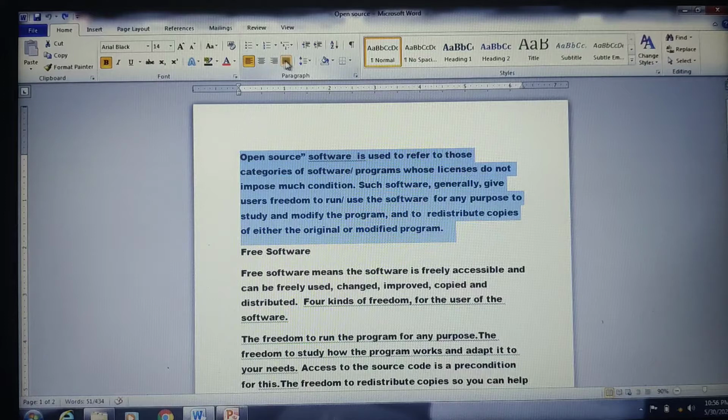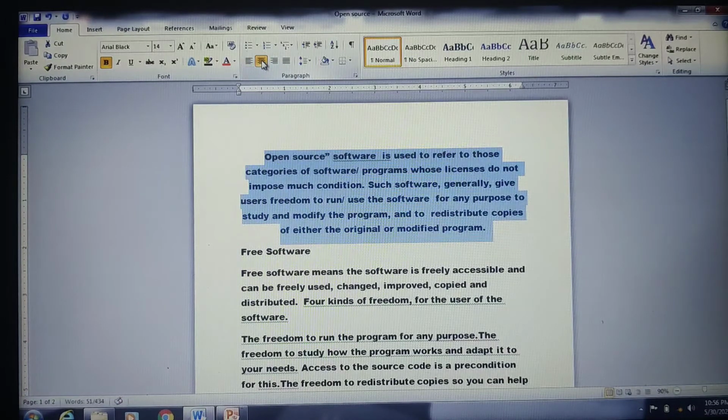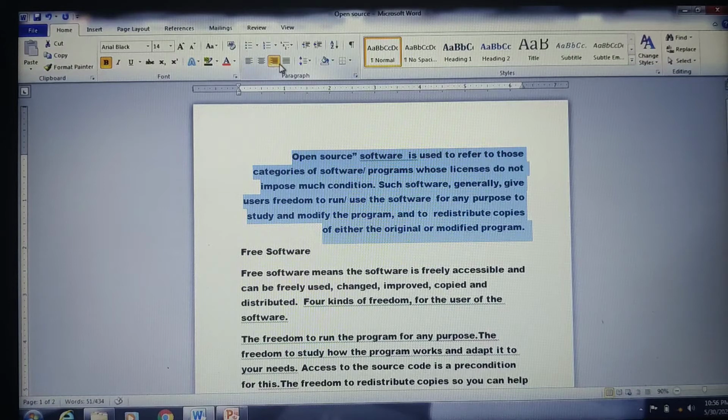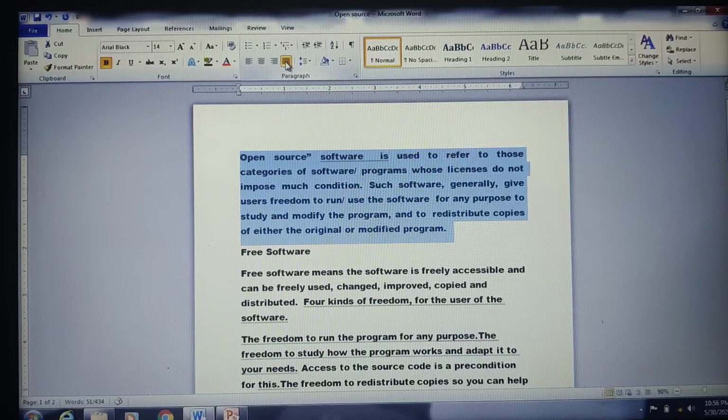Otherwise, directly these are the standard toolbars you are having here. You can choose center, right justification, or if you want the complete justification. Usually in textbooks and magazines, they will have the complete justify. That means both the left and right indentations will be the correct ones. So this is how you have.